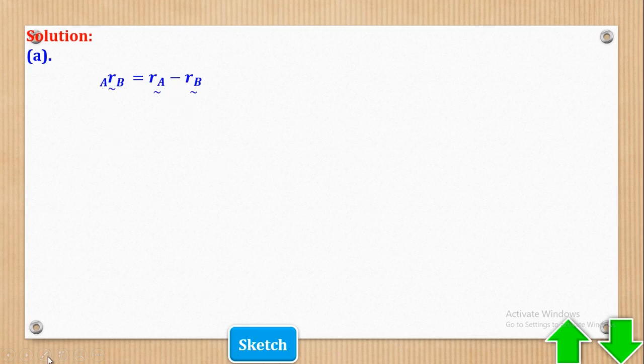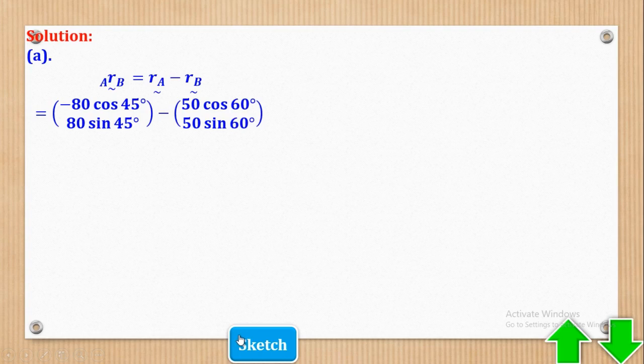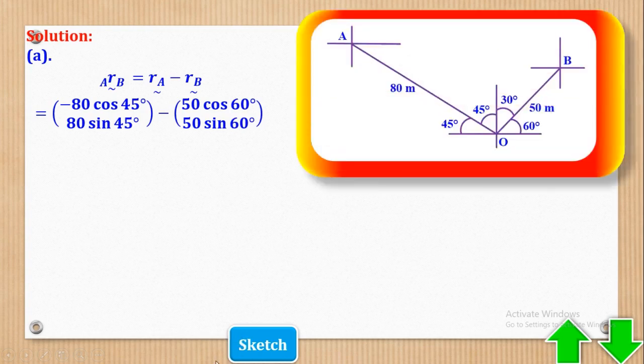So what is here is what comes first, followed by this in that order, but they have to be in vector form. So next is to substitute for RA and RB. So where are those values coming from? It depends. You have to first make a simple sketch. For example, they told us that this car A is